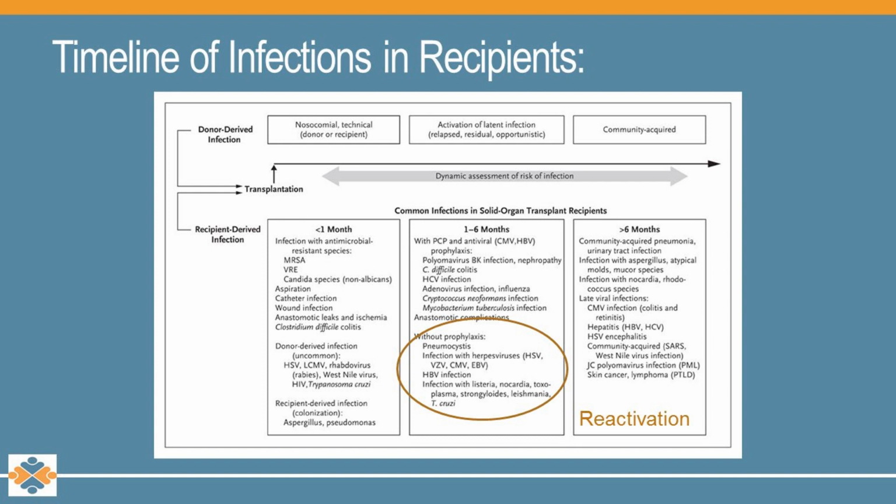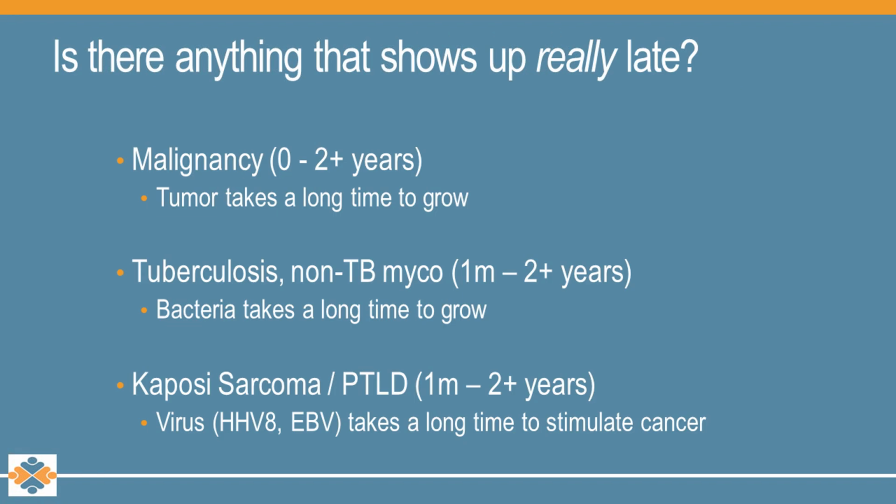And so the take home here is that if you think chronologically, you can really split things up into different phases of the illness. There's a couple of things that present much later and are worth remembering in the back of your head. Occasionally donors can present us with problems that are not just infectious. There's a long history, unfortunately, of donors occasionally donating malignancies. And some of those cancers can take a long time to grow and can present quite late. TB, for example, is a donor-derived infection that is inherently slow growing and can take upward of 6 to 12 months to present.